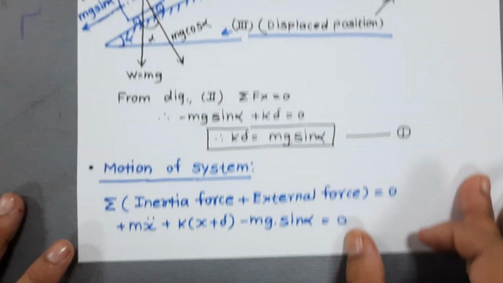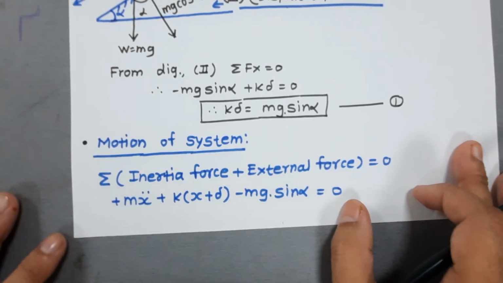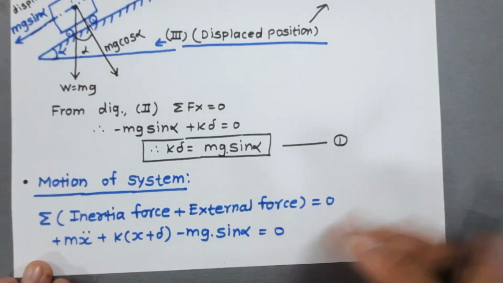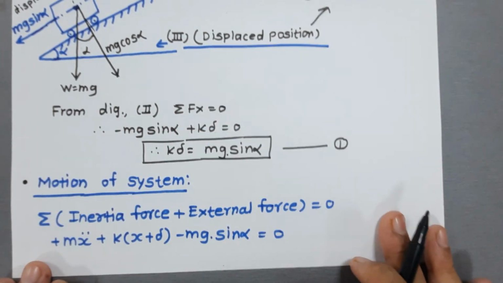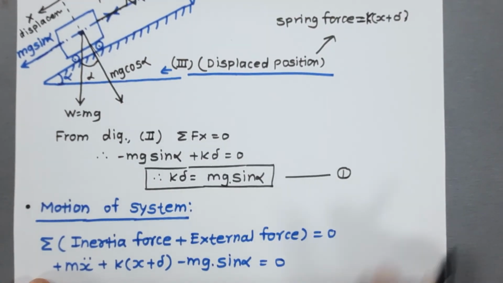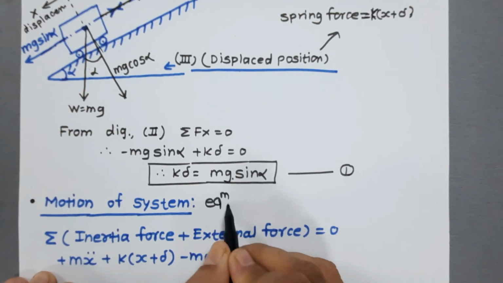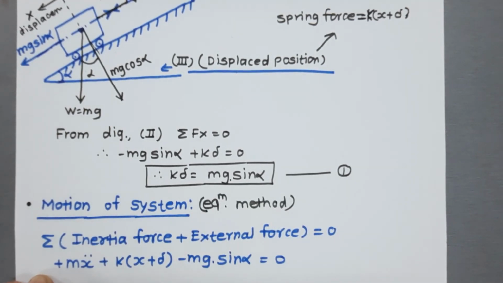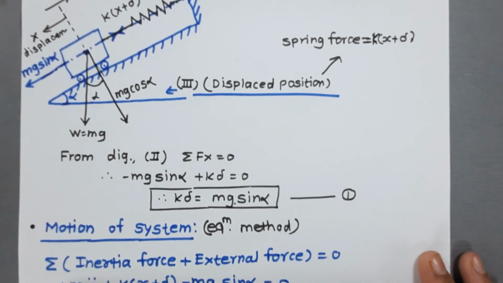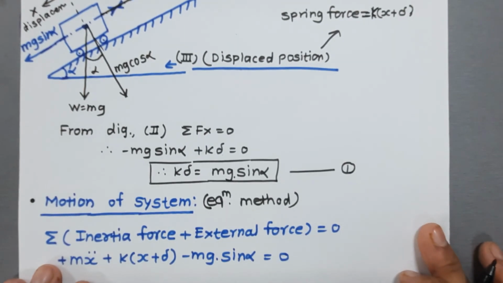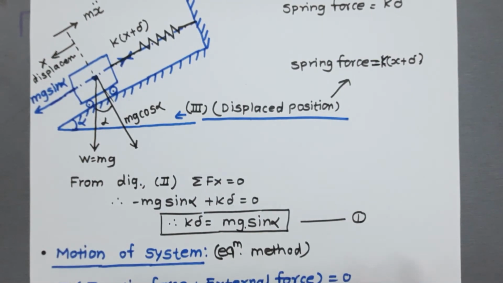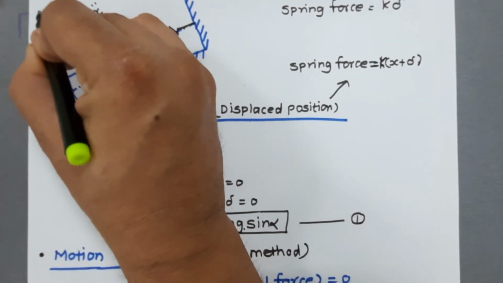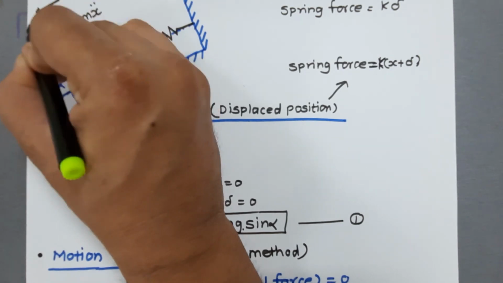Now we have to study the motion of the system. When we study the motion of the system, dear friends, we have to focus on the displaced diagram. In this displaced diagram, we now apply the equilibrium method, or one can say D'Alembert's principle. Here again you observe the diagram. We have to take inertia force plus external force. Now here the inertia force acts in the upward direction. So here the upward direction force is positive, and left hand or downward direction forces I am going to take as negative.